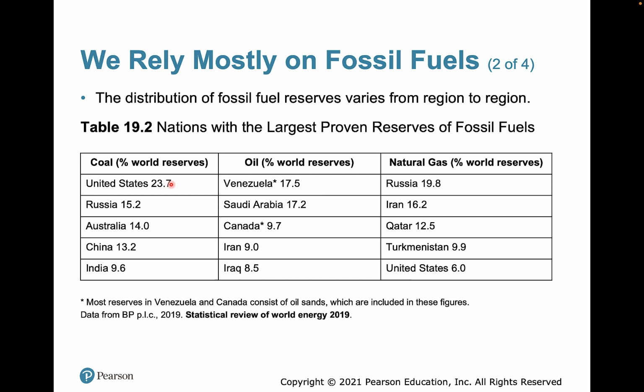So we have the biggest reserve of coal. Venezuela and Saudi Arabia have the biggest reserves of oil, with tar sands in Venezuela, and Russia and Iran have a lot of the natural gas. Russia also has a lot of coal, okay? These countries, Russia, Iran, Saudi Arabia, Venezuela, we're not really close with those countries. We don't really get along with those countries. So that in and of itself provides a lot of tension and a lot of stress on our ability to get these